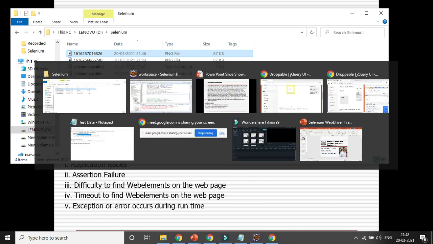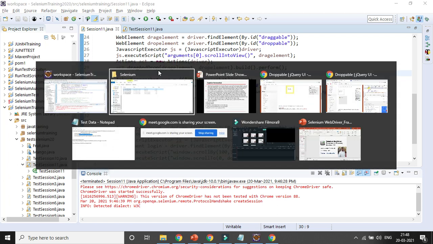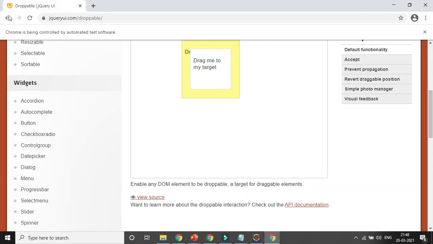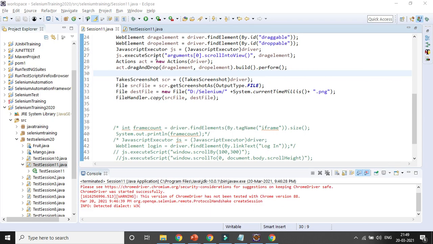Okay, Ankur, are you able to get it? So that part, definitely the screenshot is getting generated. You can view it. Some problem is happening with my laptop, that is the reason I am not able to show you. Otherwise, whenever drag and drop is happening, that part, the full page screenshot, it will take with the help of that method. You can try from your side, and definitely it will give you that screenshot.